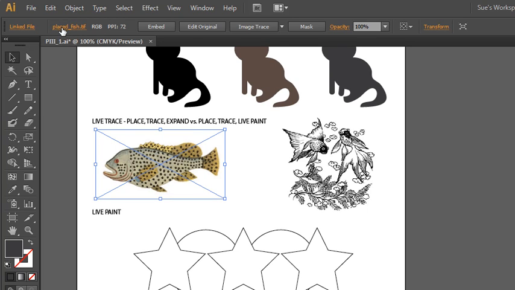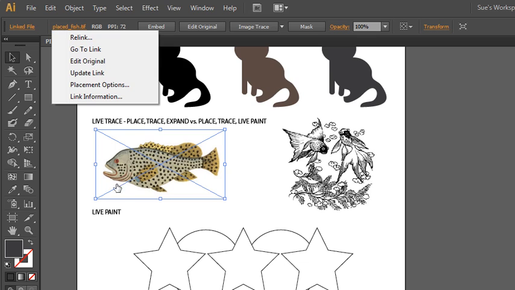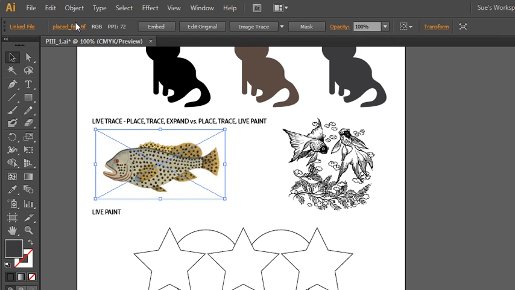This button here is a link to the same object. And it's pretty much a lot of the same options there. Relink, go to link, edit original, update link. Now sometimes with placed images, if you move the placed image or move the Illustrator file to a new location but don't take the placed image with it, when you open up the file in Illustrator, you may get a warning or a dialog box that says relink, missing image, and then you would have to say, yes, please, and go find it and put it in the same folder, or forget about it, ignore it, or go find a